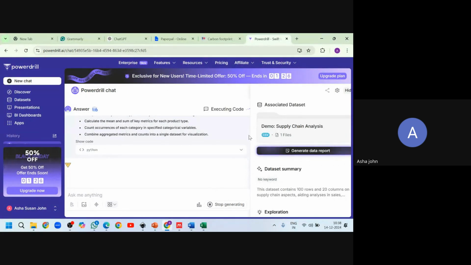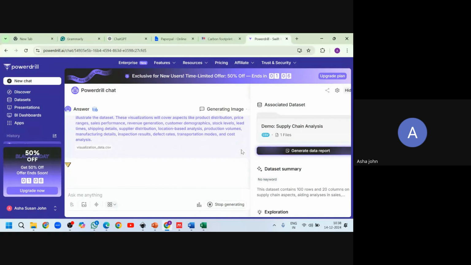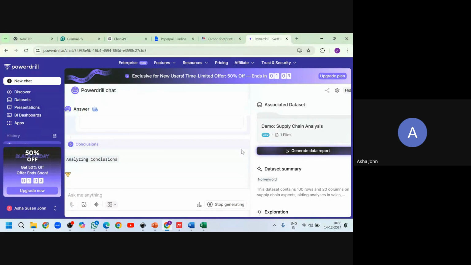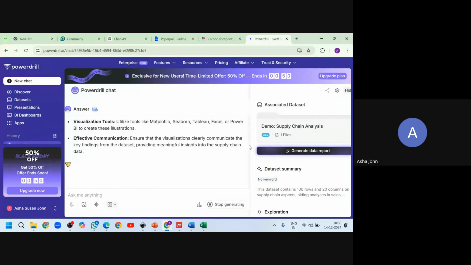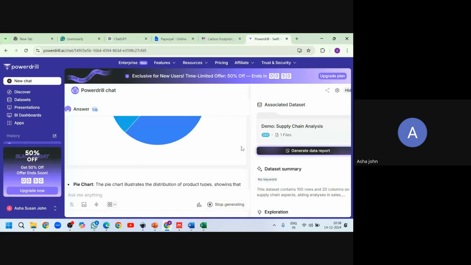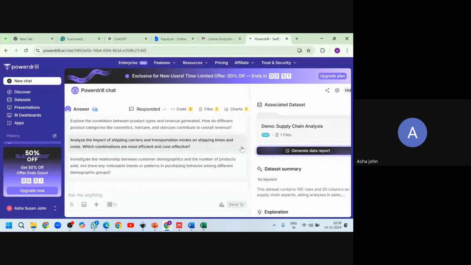It produces a complete Python code for the illustrations. You can see this kind of illustration has been generated for that.